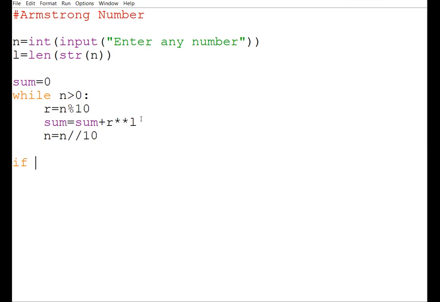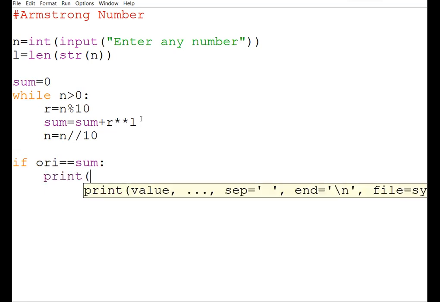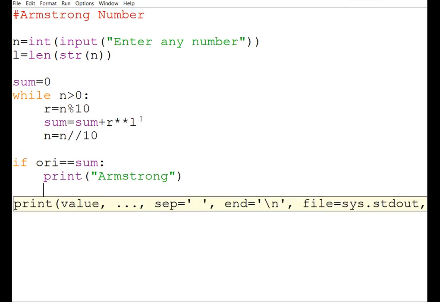Once we are out, we need to compare: if my original number is equal to my sum, then we will print that it is Armstrong, else we will print it is not Armstrong.